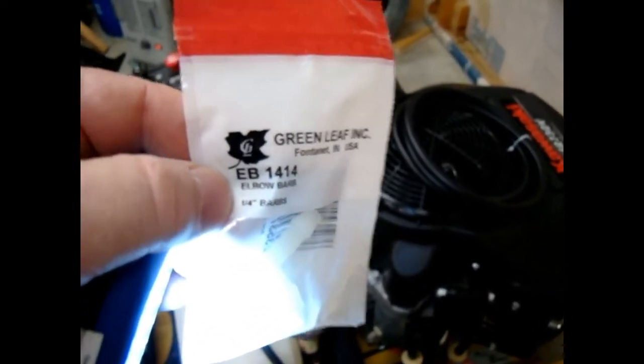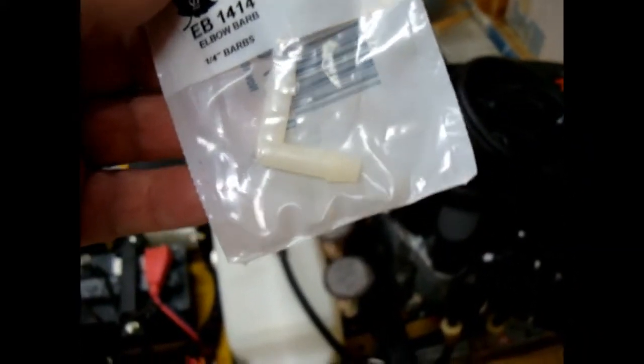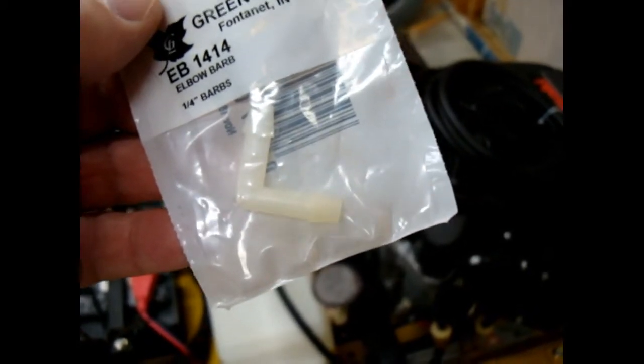EB 1414 Greenleaf Incorporated barbed 1/4 inch connectors, elbows, 90-degree elbows, and then we added that 90-degree elbow right here where we took the fuel line out and the fuel filter for the ventilation, and we brought it over. As you can see, the 1/4 inch elbow down there, right in there, and then we brought it over,